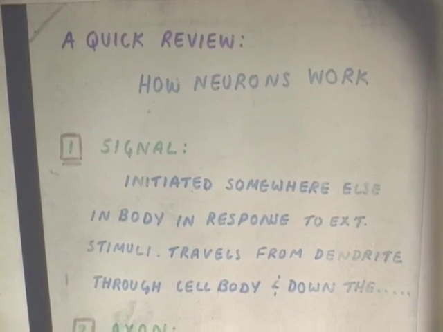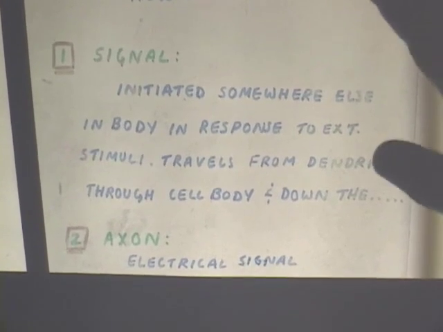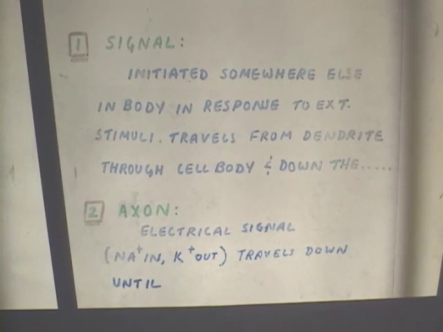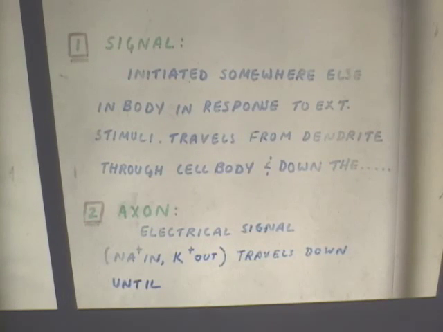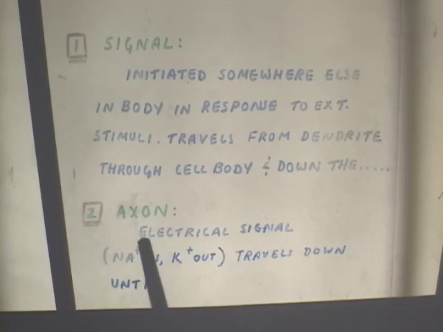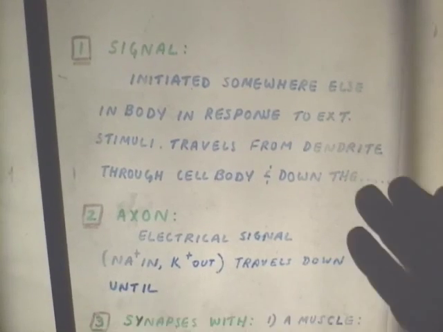We looked at what happens in the axon, right? You shouldn't even really have to write this down because we talked about this last time. You had that electrical signal. The signal causes the sodium to rush in, making it radically more positive, electrically charged. Then you had the other gates that open up and the potassium rushes out. That restores it back to its negative charge. Then we had the little pump that pumps the sodium back outside and the potassium back in, and you reestablished it. This moves all the way down the axon until it gets to the synapse. And at the synapse,